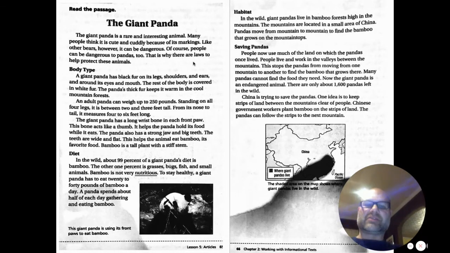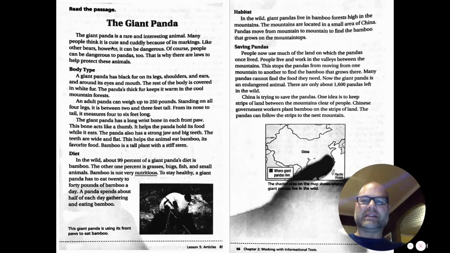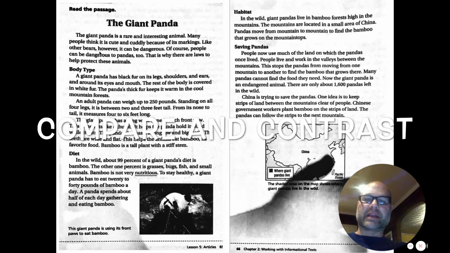This article demonstrates some really valuable textual structures I want to point out. In the opening paragraph, it talks about pandas being seen as cuddly and cute because of their markings. And panda bears have a very unique set of markings, different from all other bears. So that would be a contrast. And then in the next sentence, it says, like other bears, however, it can be dangerous. So you've got the contrast of its markings. Many bears are considered cute and cuddly, but none as much as the panda. And then you've got the comparing to other bears, the similarity of how they can be just as dangerous as